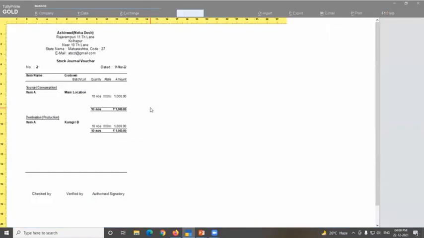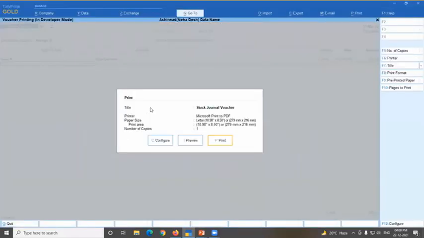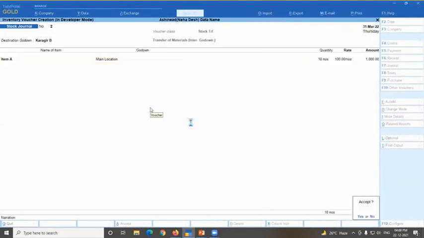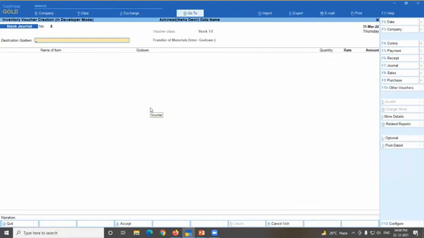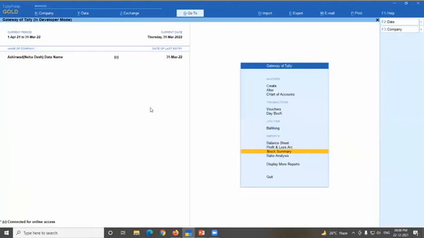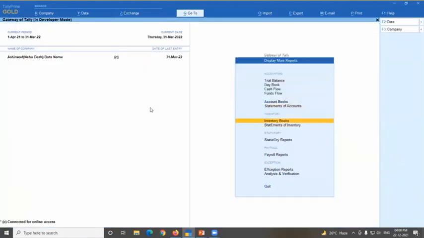That is not consumption and production. By default it shows as stock journal consumption production, but this is stock journal voucher transfer. That is called transfer of material. If you see the stock statement of item A, I'm just selecting item A here.